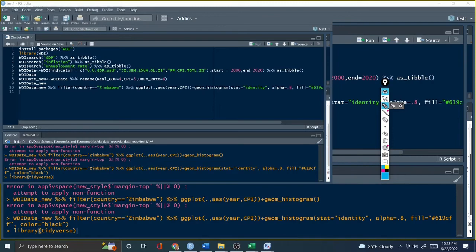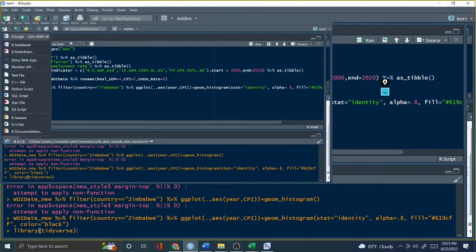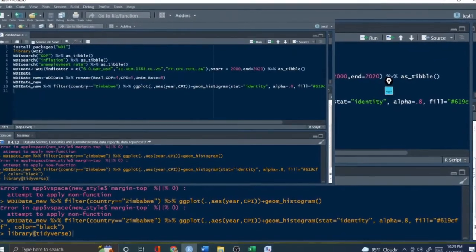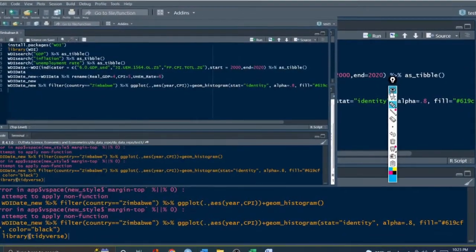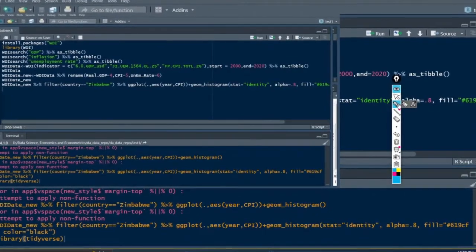Once you open the R script, this is the R script. Where is the R script? You can go, and this is the R script. Click the R script, okay, and then it will open up. Then what you can do, you see there are only 10 lines of code you need to write to draw the